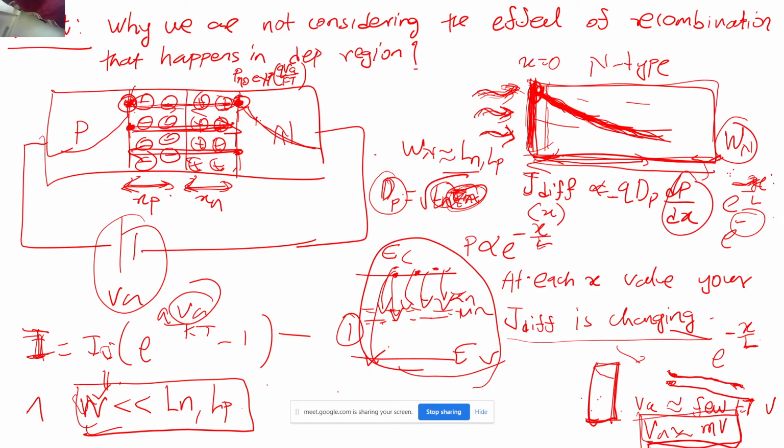Once VA reaches a particular value, let's say VA is large, for example you are operating in forward bias, you have to at least overcome the potential barrier. So if you apply 0.7 or 0.8 volts or something like that, then the millivolts value that Sir has told is nothing. We have increased our VA to a much higher value compared to this few millivolts, and once that value has been achieved, the recombination that happens in this depletion region is not going to significantly affect the charges I am trying to inject from the P to N side or N to P side.